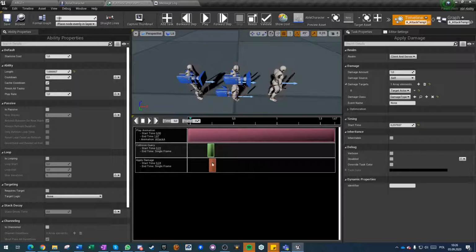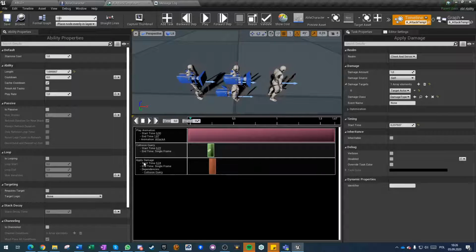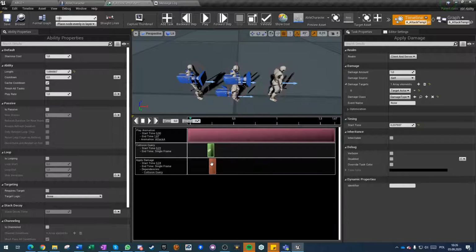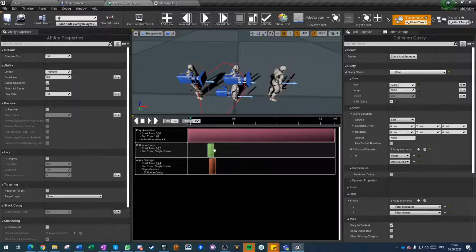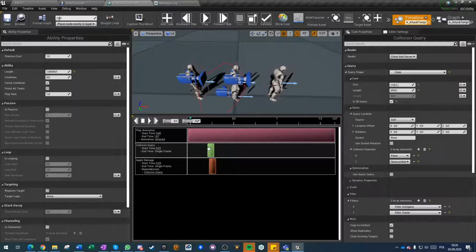So to do that, you have to right click this and do dependency, and the dependency is collision query. And now once you have this dependency, you can see it here, and you can click it and go to this task, and you know that this is dependent on this. What it means is that this will not execute unless this finishes execution. So if this takes one frame, this can execute on the next one. But if this for any reason takes 2 frames, because for example we are using a sync query and they are out of sync,